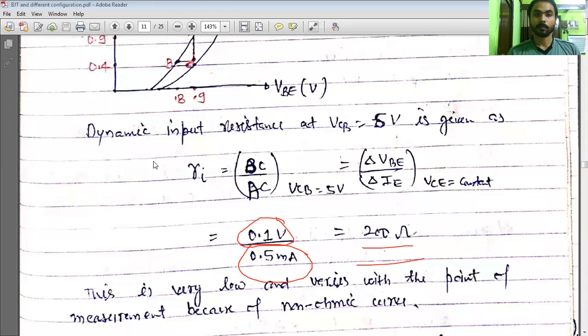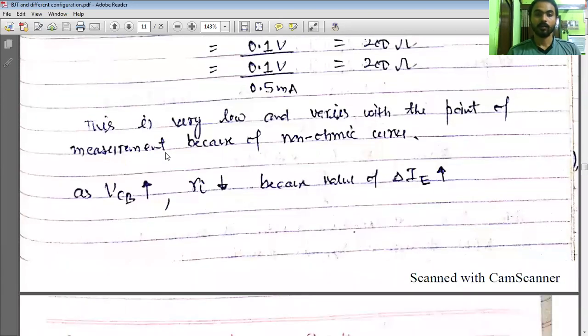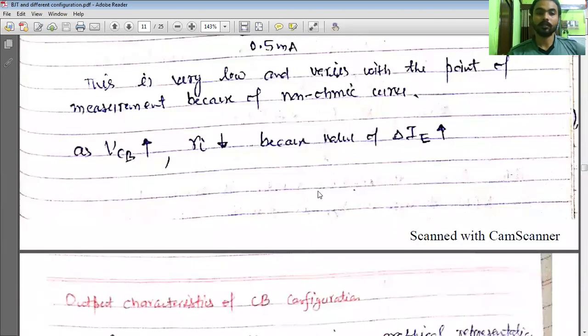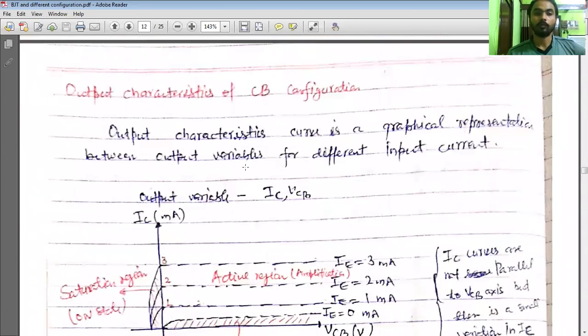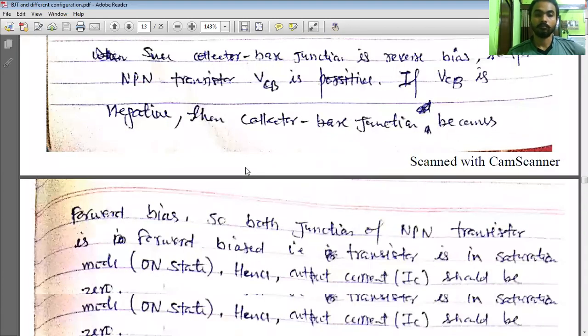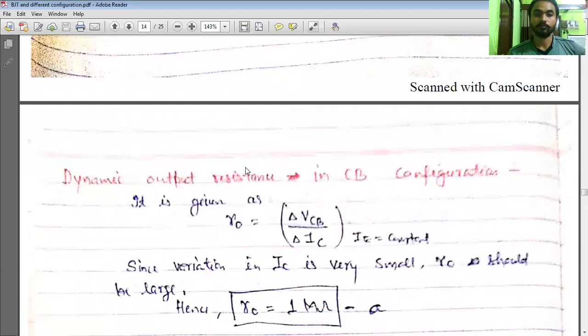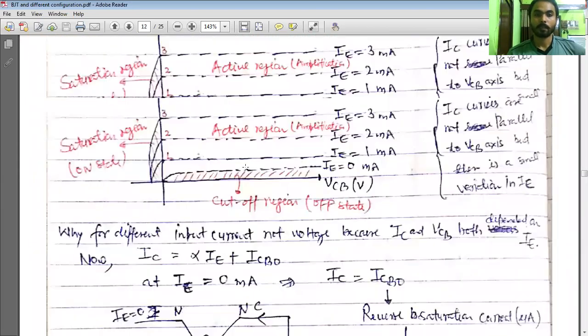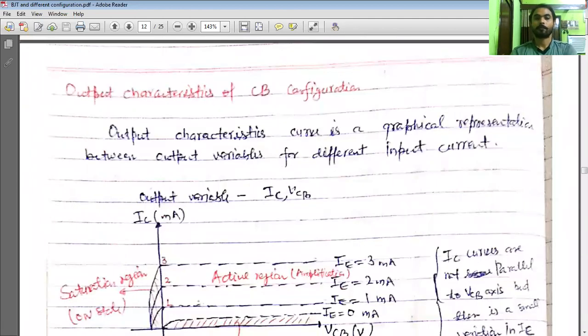Okay, good. So these are the terms you can understand, leave it at that. I will come now to the output characteristics curve. Now we'll draw the output characteristics curve. It's a graph between the output variables, and we know what the output variables are. In the collector base region, the output current is the collector current, and the output voltage is the collector base voltage. Okay, done. So we'll draw the curve between these two.